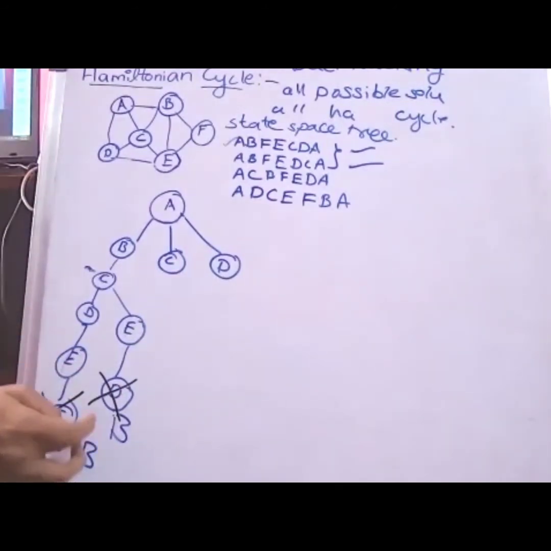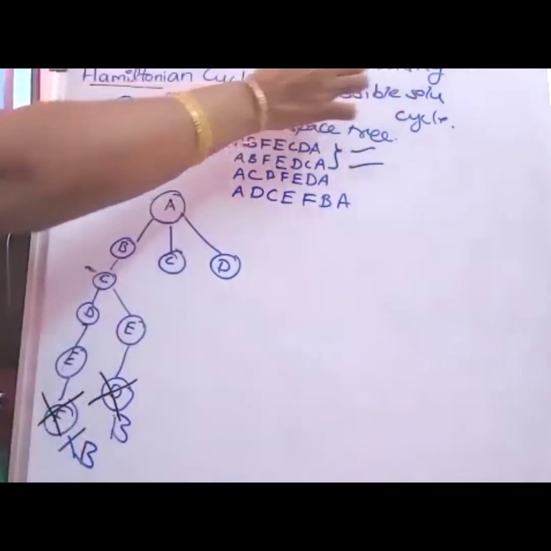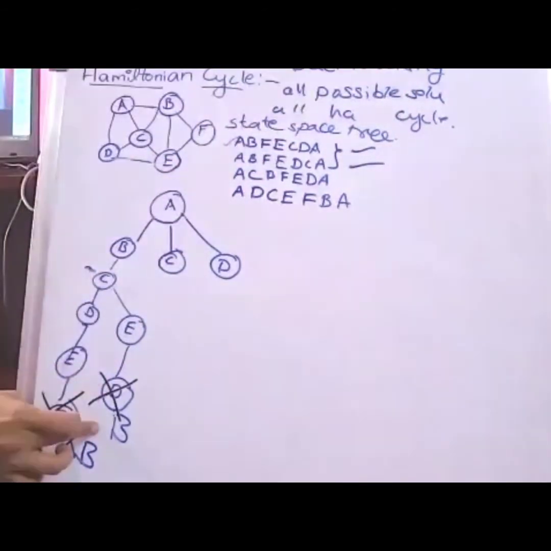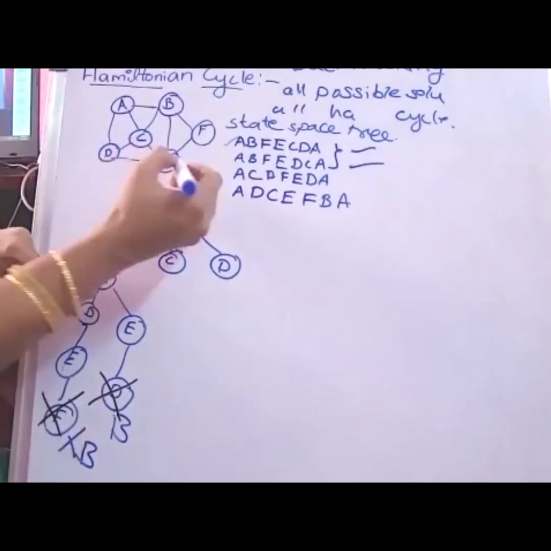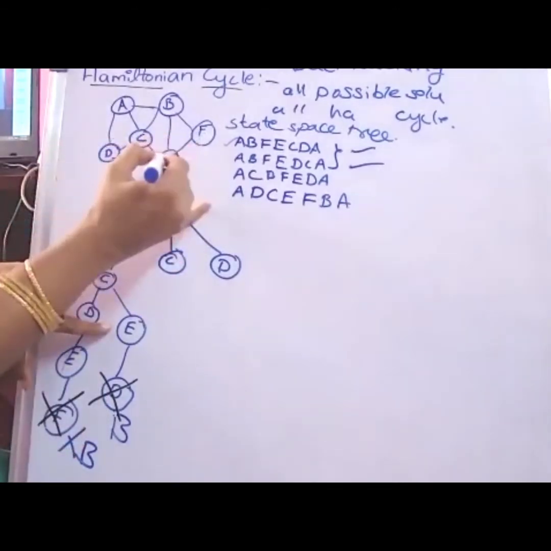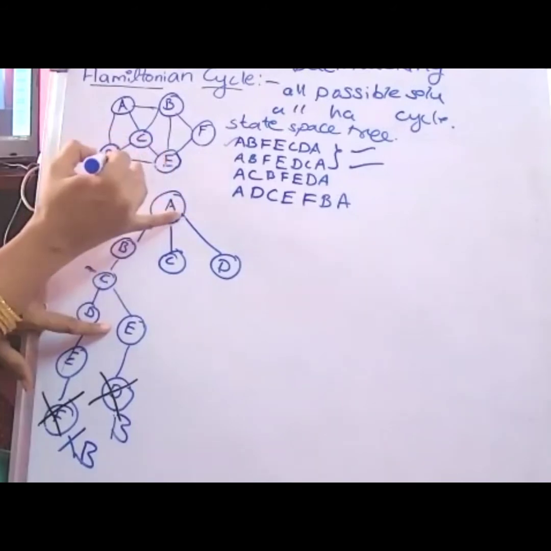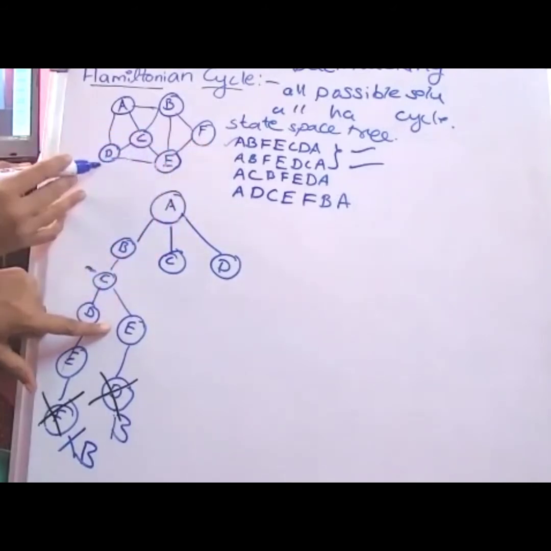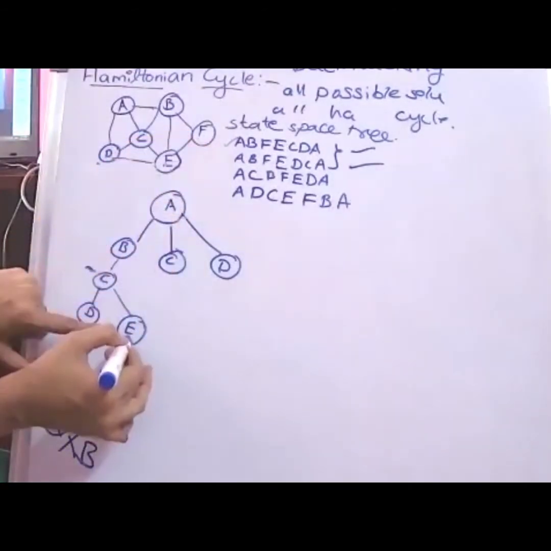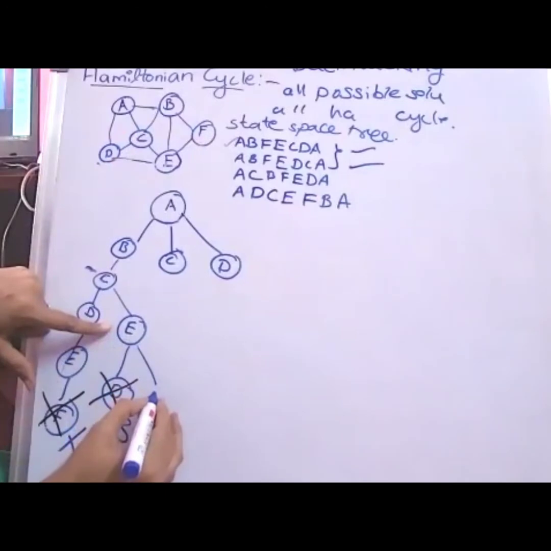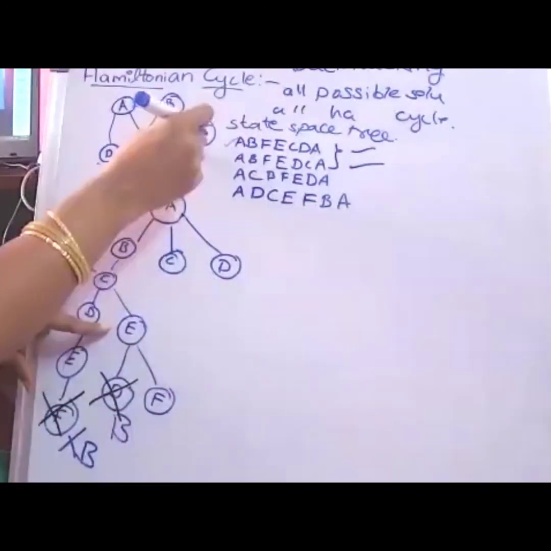So again, to find the possible solution, what technique are we applying here? The backtracking technique. According to the backtracking technique, I need to go back and check whether there is any possible solution. So from this point, I am going back to A, then back to E. Is there any unvisited vertex from this point? From E, connectivity is there to C, D, F. C is already visited, D I already tried. So the unvisited vertex I am finding is only one here, so I will try to go through this one.